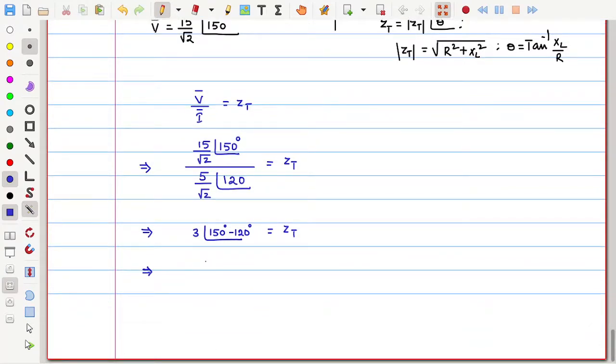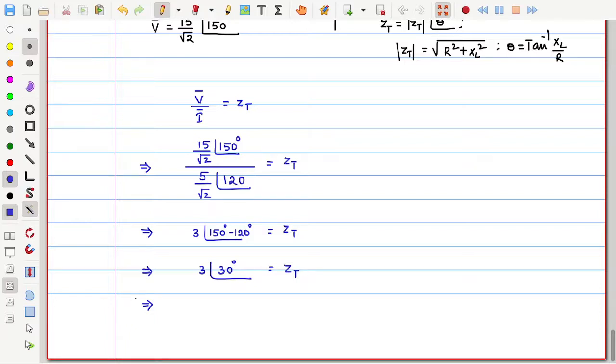And can we make this as 3 at an angle of 150 minus 120, which is how much? 30 degrees. Now this is in polar form. Can I express this into rectangular form, as 3 at an angle of 30 degrees